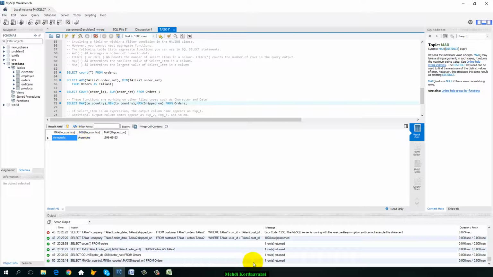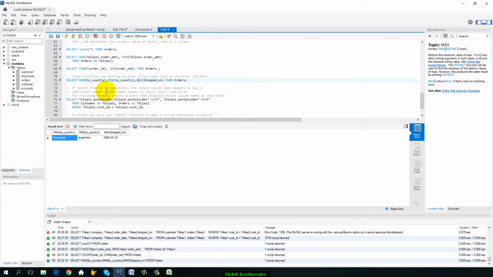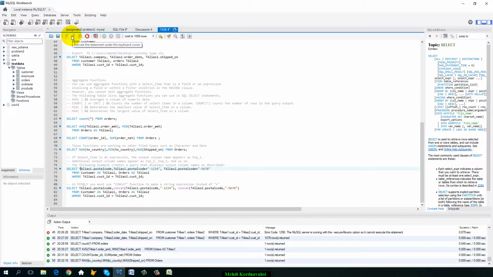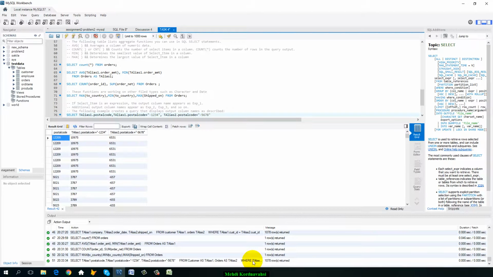It processed 1078 records of table orders, and the maximum ship on is a date. So exactly the same result as in the movie appears here. Next query,